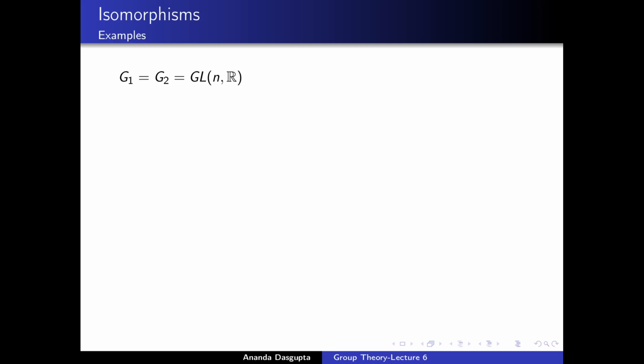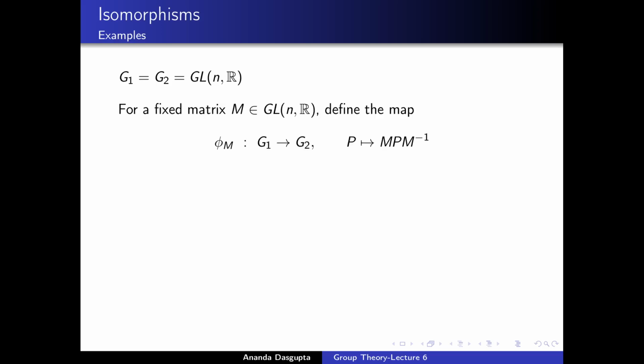Now, what we are going to do is first write down a map from G1 to G2, in this case of course from GLNR to GLNR, and then we are going to show that this map is an isomorphism. The map we have in mind involves choosing a particular fixed matrix M in GLNR and then defining the map phi M